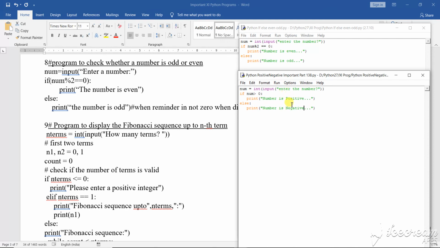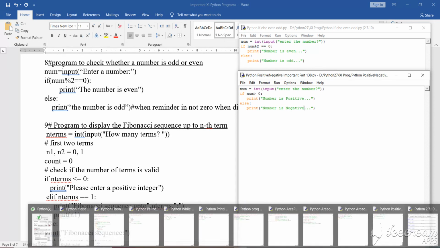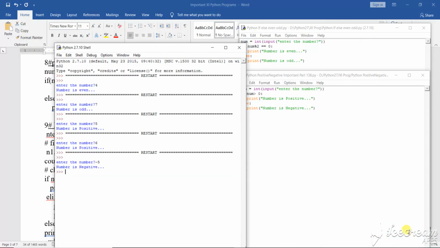Just a little bit of change in the write-up has been done, and as the write-up changes, the output will be generated. This is the output that is generated, as I have shown you here. This is your output. When I have given 6, when I have given 5, they are positive. When I give -5, it became negative. Similarly in the odd-even program, when 4 is given, it is